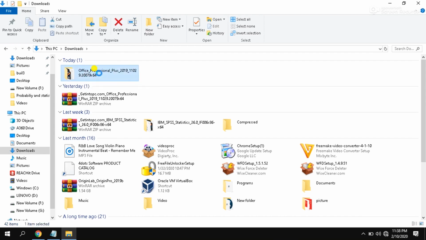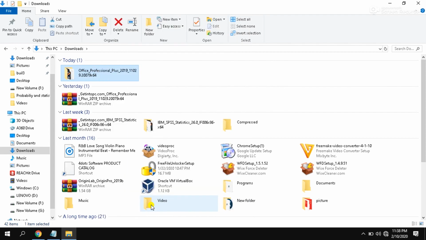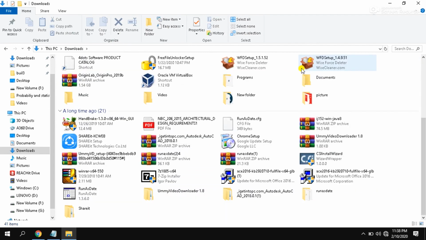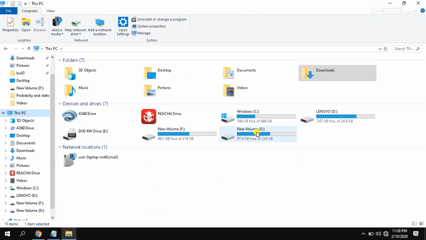So I'm going to delete this extracted file of Microsoft Office which was installed earlier. So delete it. After that, again we should go to this PC, and we should go to C drive,